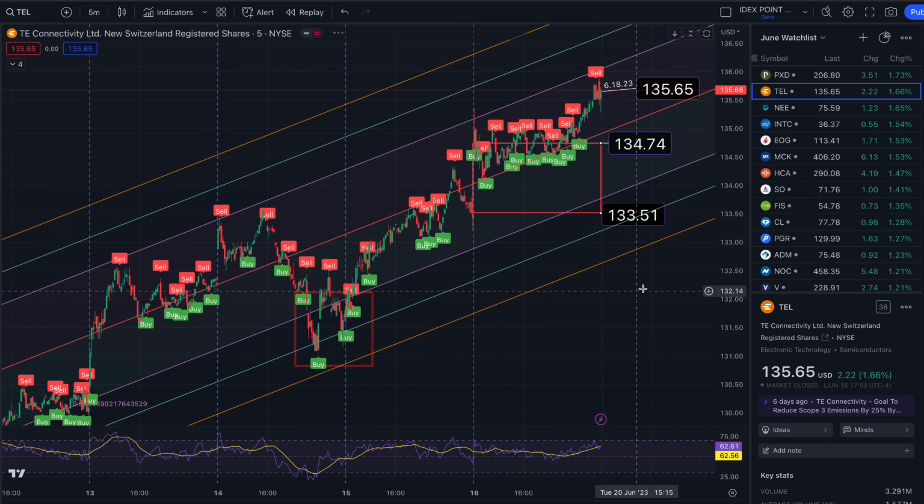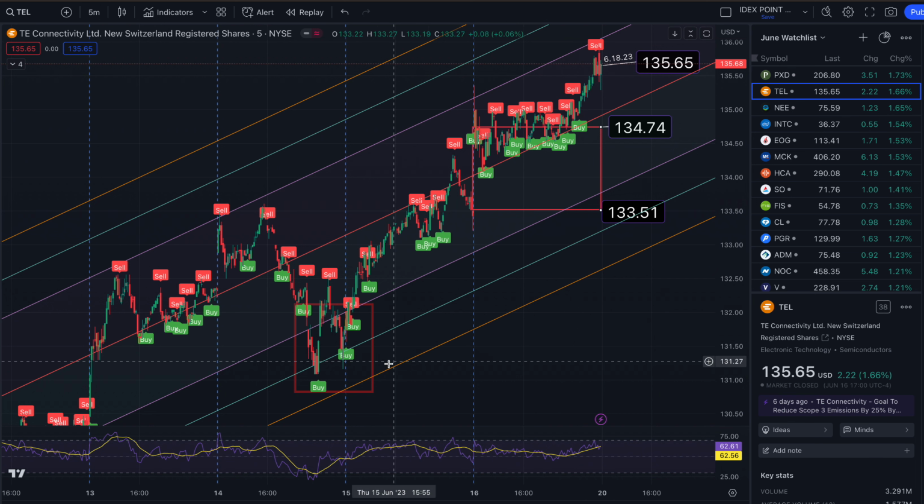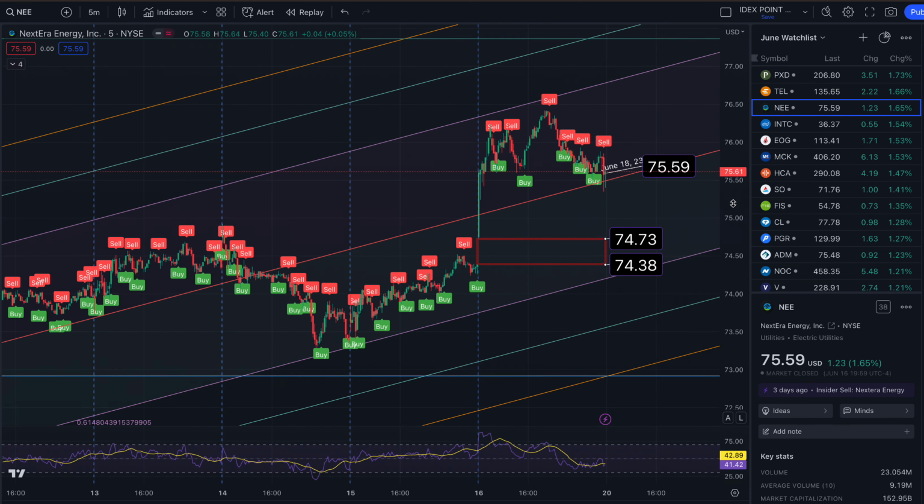132.64. Note the clear bounce at support here and here as people buy the dip. This is a support zone here, here, and here. Now the next stock is